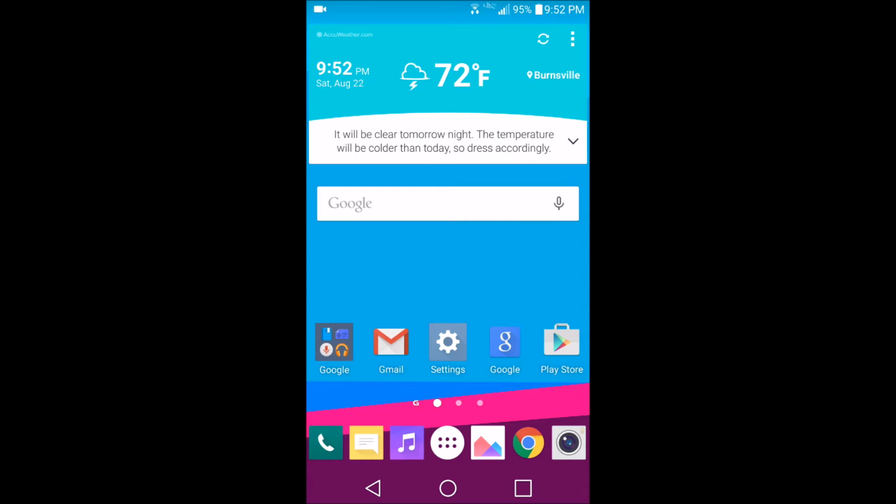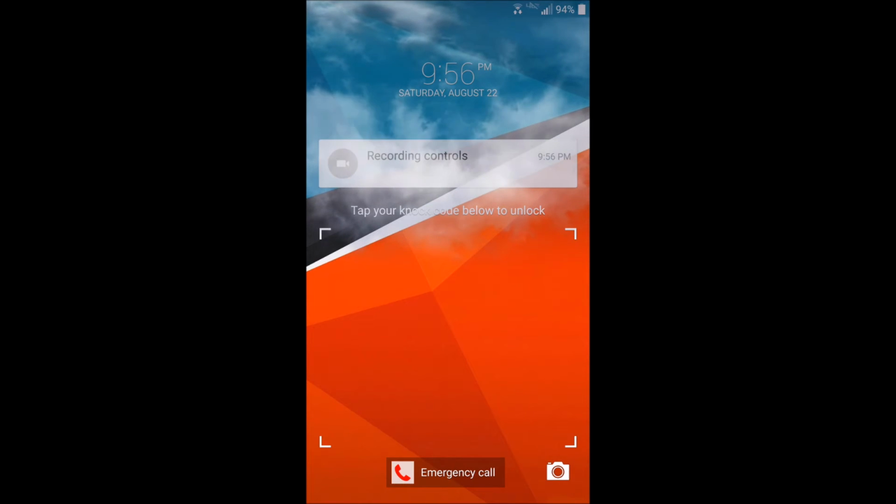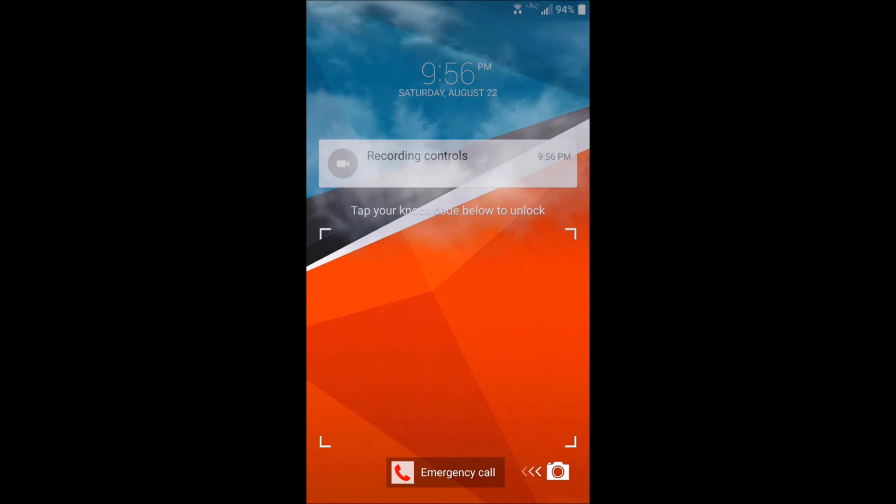I'm not sure why they dislike it so much, and this is also going to be my favorite features of LG UX. This feature has been copied by so many people, but that's a good thing. I use this feature all the time. It's when you go on your home screen, double tap to turn off, double tap to turn on, and it works a lot. I used to have a prepaid LG phone. I still have it. I don't use it that often, but it barely worked to knock on. It worked for about a couple weeks and then it barely worked, so I just started using the power button